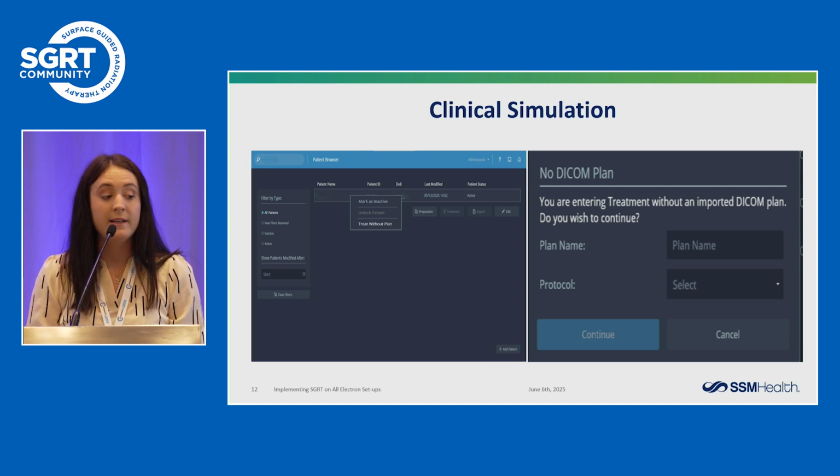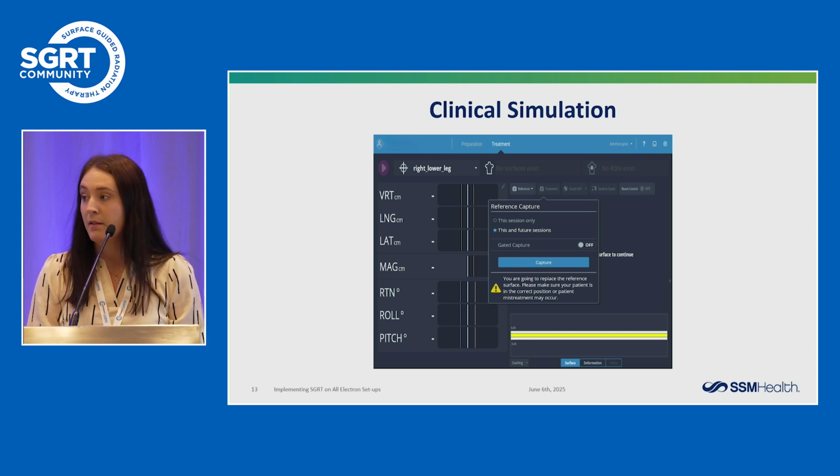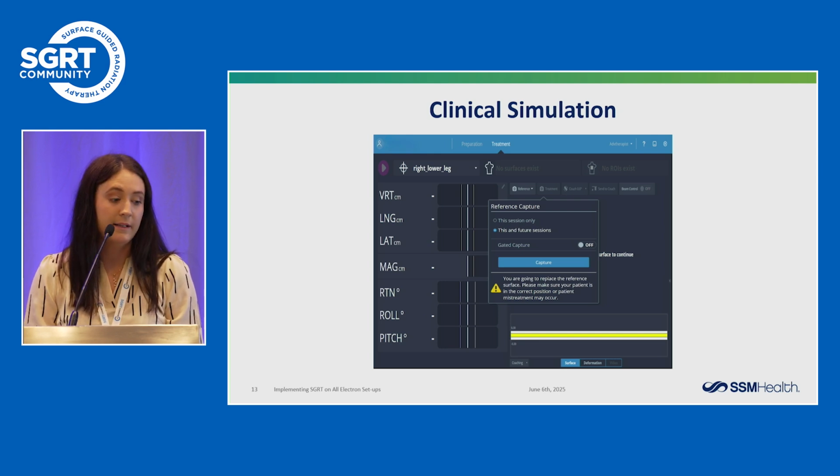At this point, we can now bring that patient that we're going to be doing into the room because we're ready for that clinical sim. And we're going to set them up per the MD order. Once that patient is set up per those instructions, and we have all of that necessary information written down, all the pictures taken of your field light, we're then going to move back to ARRT, and we're going to take